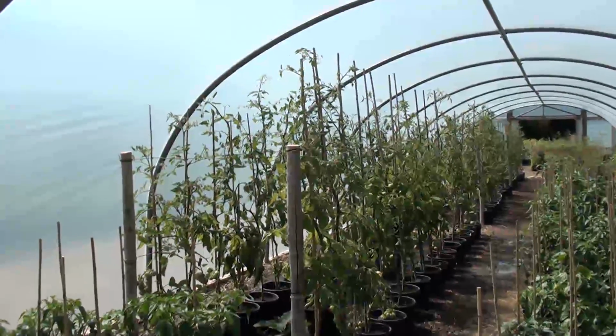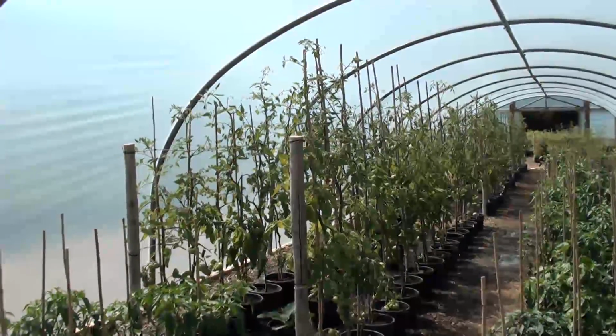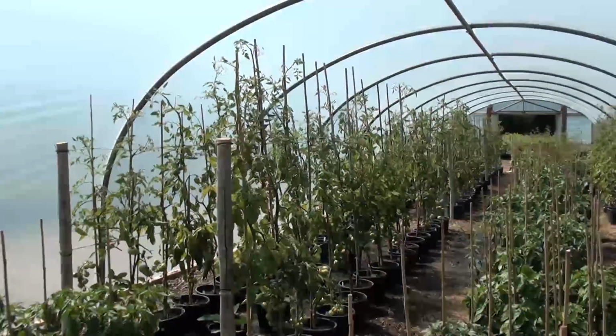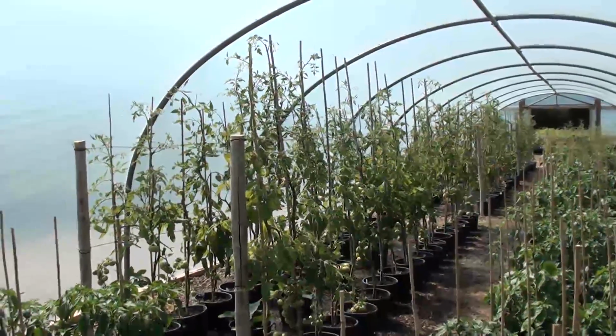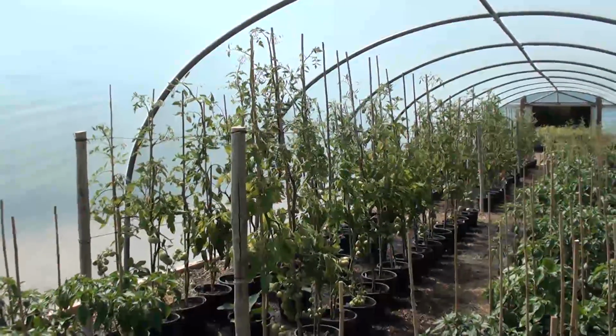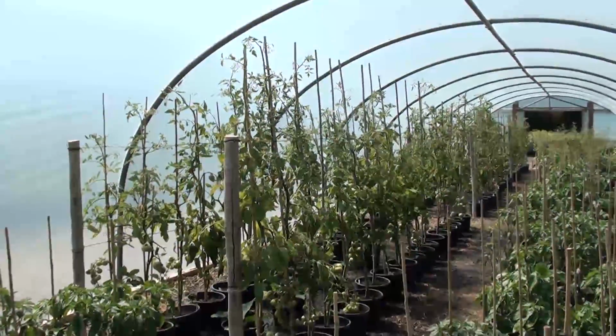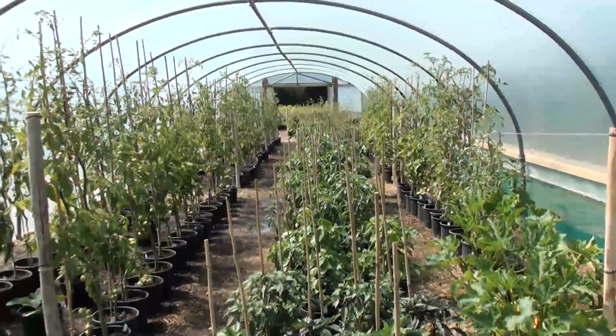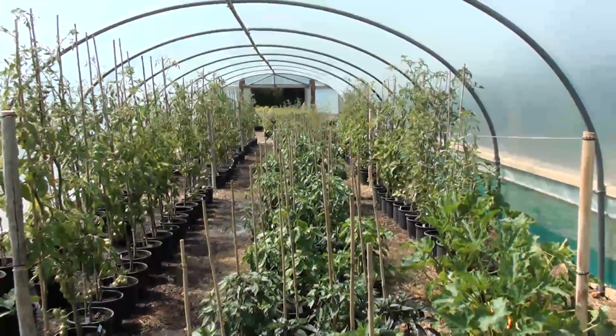Now of course we have our tomato day, which is on the 16th of August this year, where we have all these varieties on taste. So with a little bit of luck, that will be 80 varieties of tomato on taste. And then later on in the year, I think we're going to be on schedule for that as well. 27th and 28th September